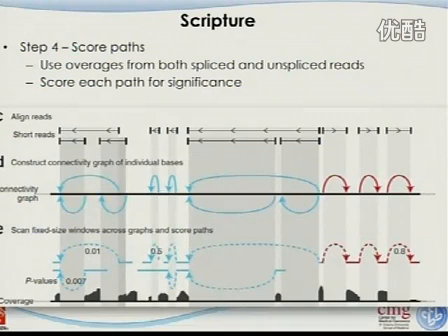And the next step is where it starts to make sense: they will score each individual path. So you can see those paths, and they will score each one. What they do here is use both spliced and unspliced reads. If they have enough enrichment, they will connect them. For each individual path, they calculate the p-value based on the abundance of spliced and unspliced reads. And if the number is small, like 0.01, they have a cutoff, and that is more likely to be